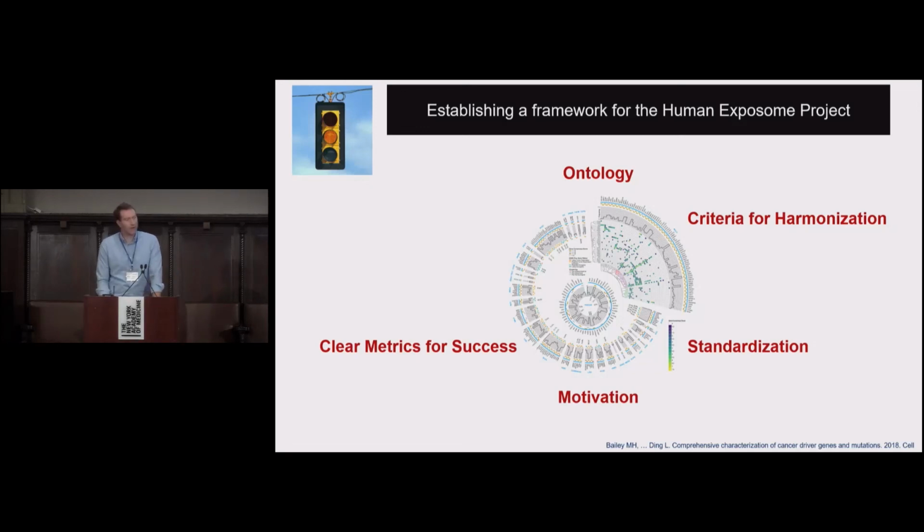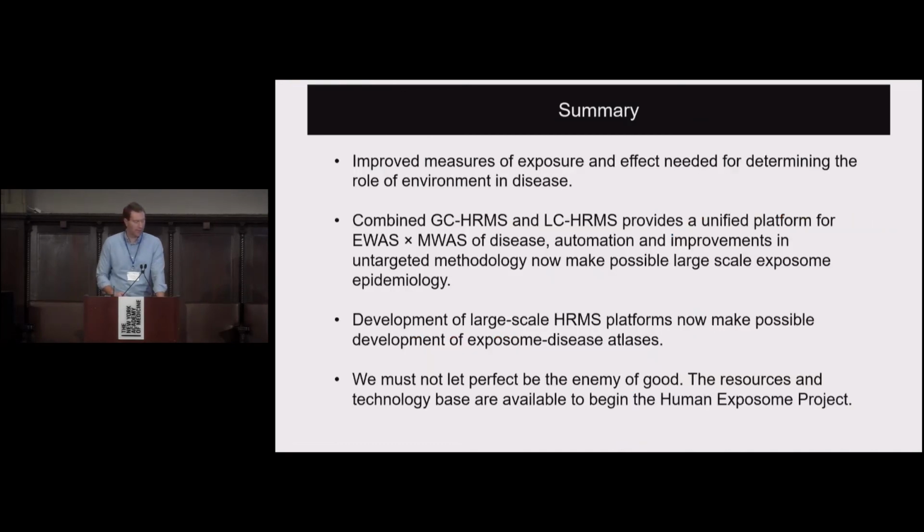Gary posted something on Twitter the other day talking about how they had finally completed the Human Genome Project, or were filling in many of the missing gaps. And we had talked about the Human Genome Project being finished in the early 2000s, and it was a tremendous success, but it was finished according to their metric of being finished. And that's what we need to decide for the exposome. What would we consider a successful Human Exposome Project? And finally, we don't have the resources, or we need to find the resources. What are the funding, and where will the support come from for doing this?